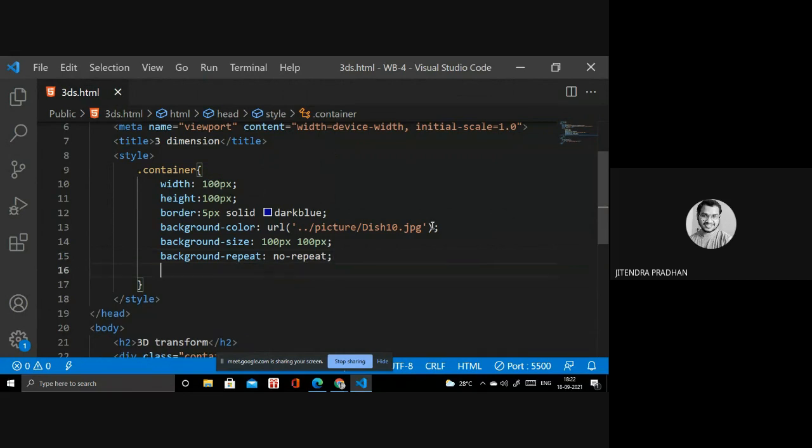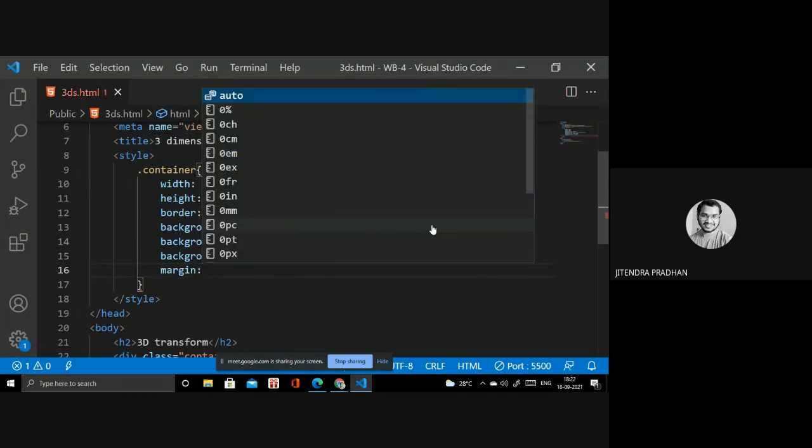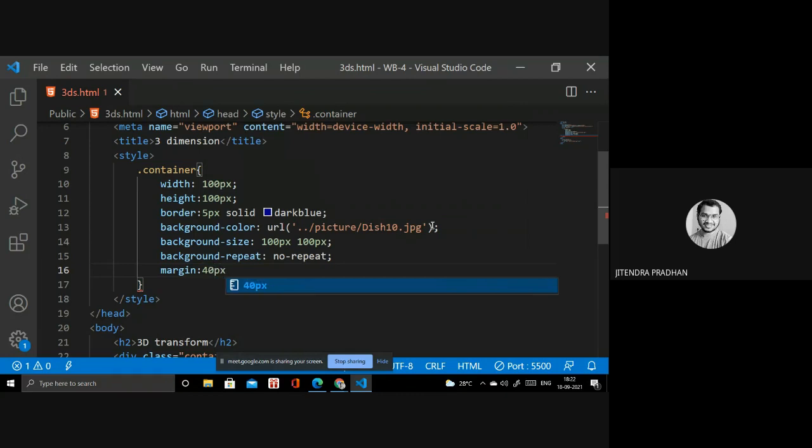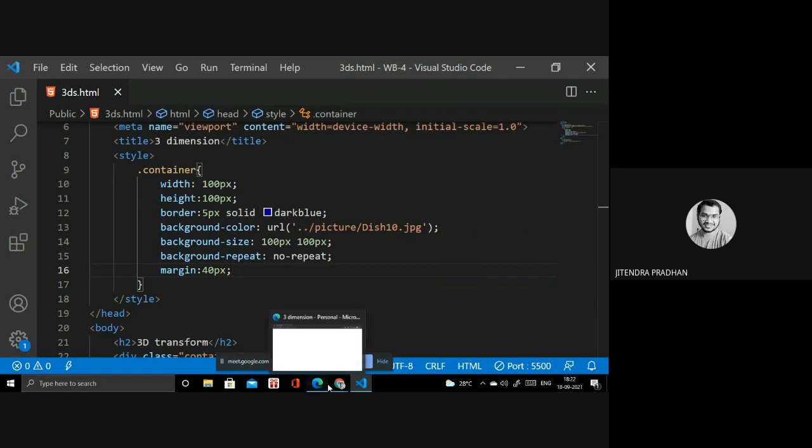Next, if you want the picture to be shown 20, 30 or 50 pixels from the left side, then you have to use margin. It's something like 40 pixels, which will be counted as top margin 40 pixels and left margin 40 pixels, and right and bottom as well. So let's see how it looks now.